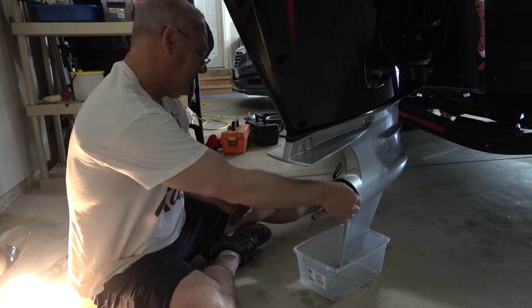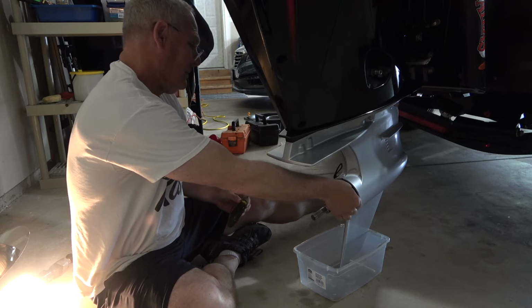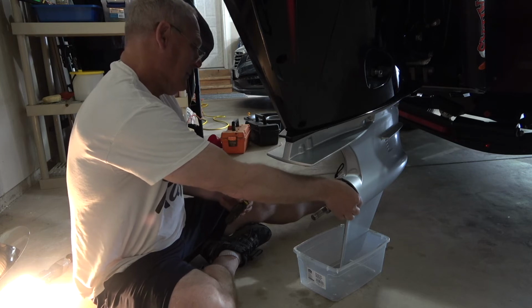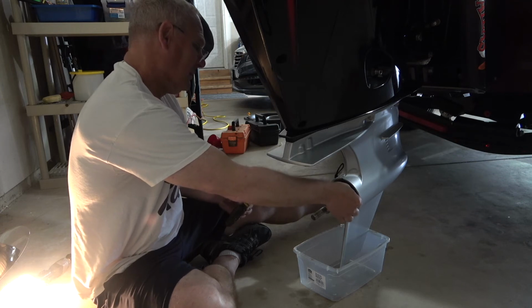If you had a 90-degree day, it'll drip out of there a lot faster. Now I'm surprised there's nothing dripping out yet, but we should see it once I get this screw all the way out. Here comes some,